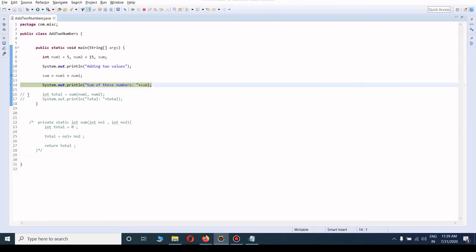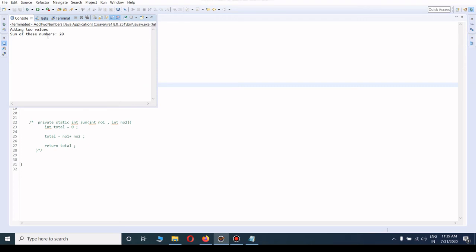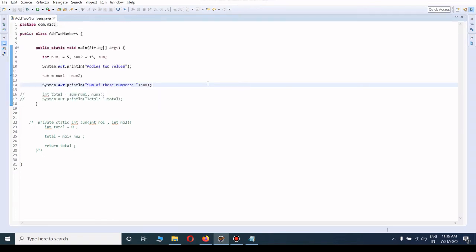For example, if there is no breakpoint and I press the F8 button, it will execute the program and we will get the output. So I'm pressing F8. When I press F8, you can see the sum of these values is 20. Okay, so this is how we can use F6 and F8.